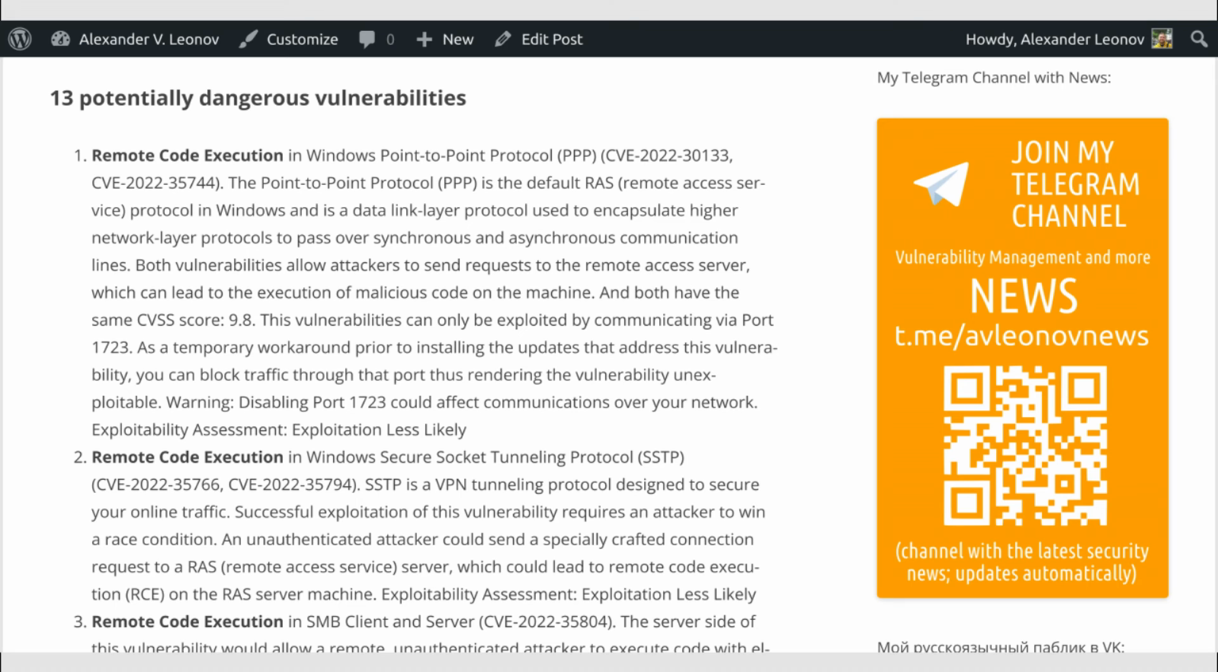13 potentially dangerous vulnerabilities. Remote code execution in Windows Point-to-Point Protocol (PPP), CVE-2022-30133, CVE-2022-35744. The Point-to-Point Protocol (PPP) is the default RAS (Remote Access Service) protocol in Windows and is a data link